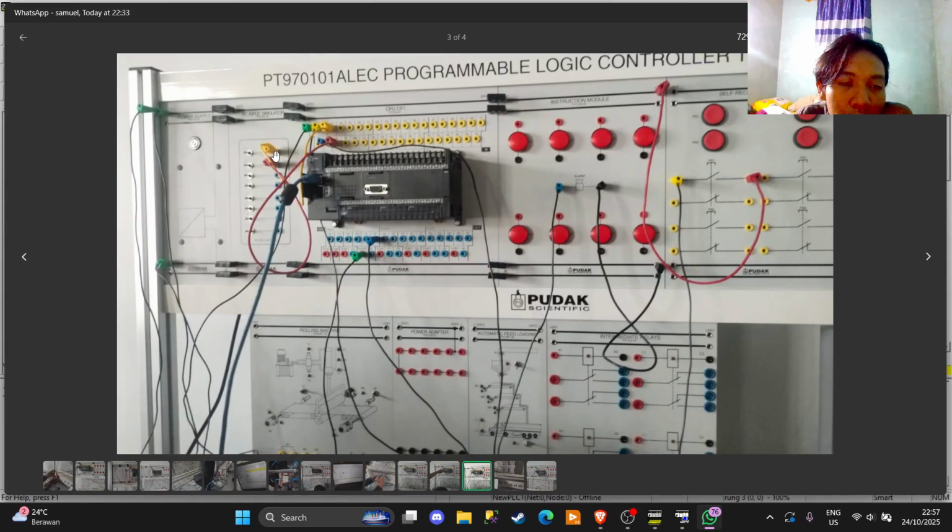The switch in here is the first one we're going to talk about, the power. The power in here is from the power supply. This is the 20 volt DC, and then this is the ground. So the ground goes in from here, and then the power is going to be put in here.